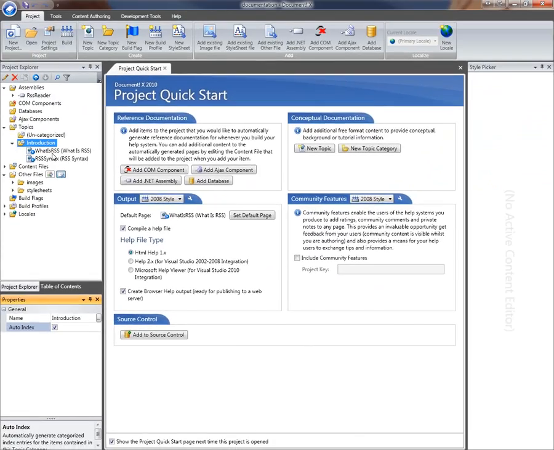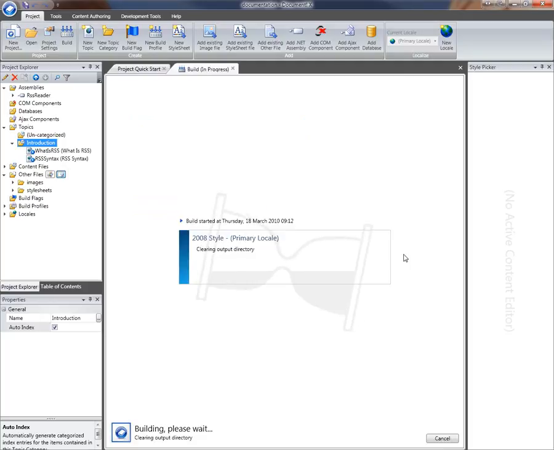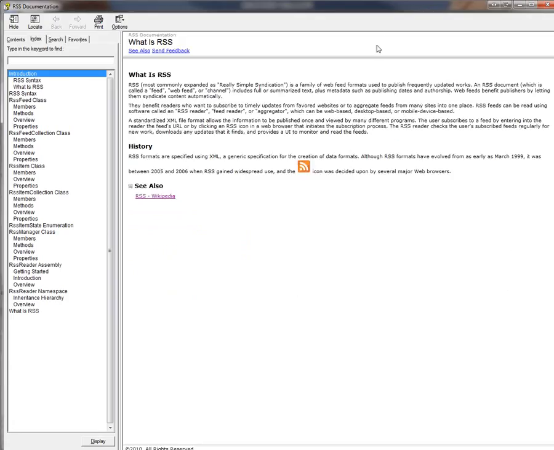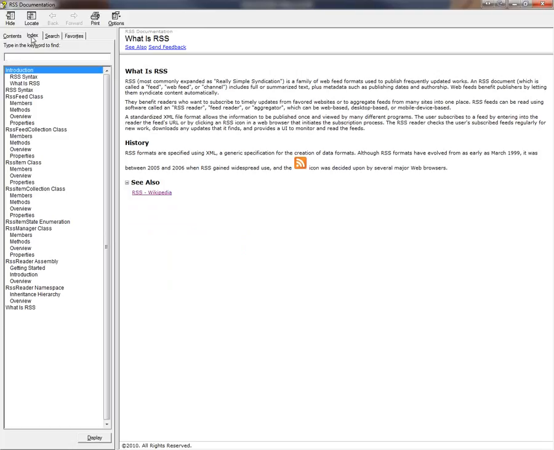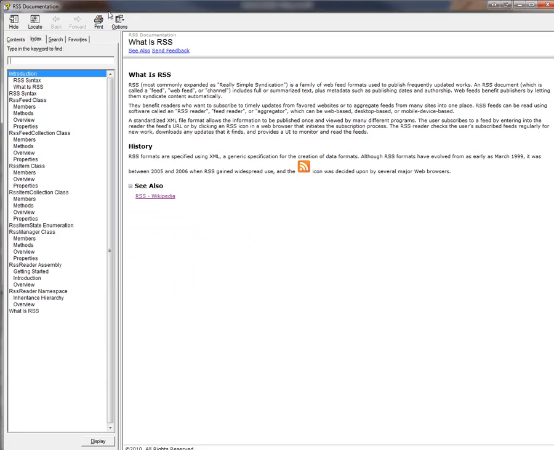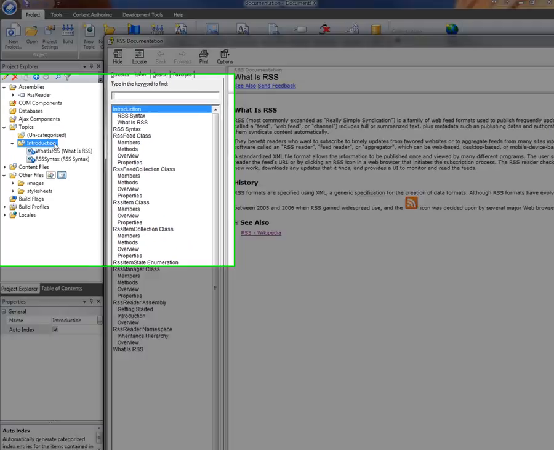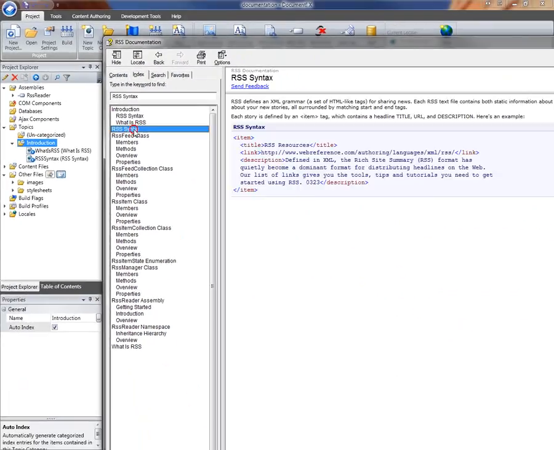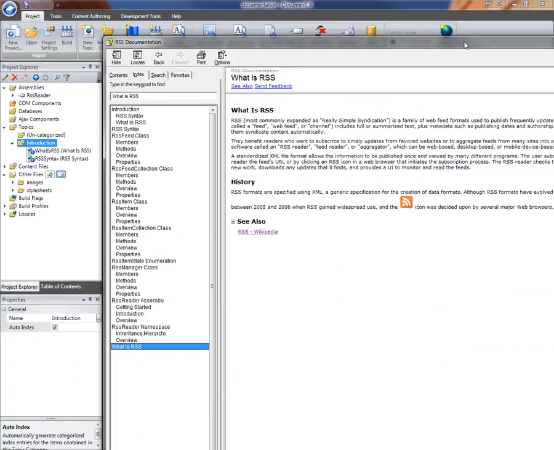So I'm just going to do a quick build to demonstrate what that looks like in the generated output. If I open up the compiled help file that's been generated and switch to the index tab, I can see that there's an index keyword called introduction mirroring our topic category, below which are our two topics within that category. We've still got index entries generated for the individual topics, RSS syntax, what is RSS, but we've also got